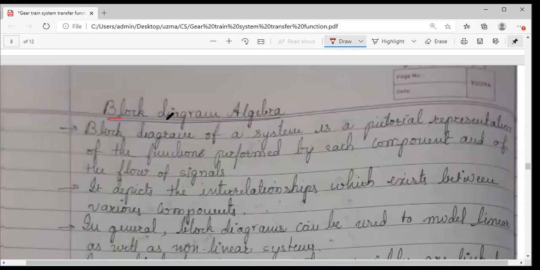Coming to the next concept, that is block diagram algebra. In the second module, we have majorly three concepts. The very first is how to find the transfer function for any mechanical system, which we have seen. And for a few standard systems like thermal systems, hydraulic systems, liquid level examples, we have seen how to find the transfer function. And then we have also seen for a DC motor, field controlled or armature controlled, how to find the transfer function. That is the first part.